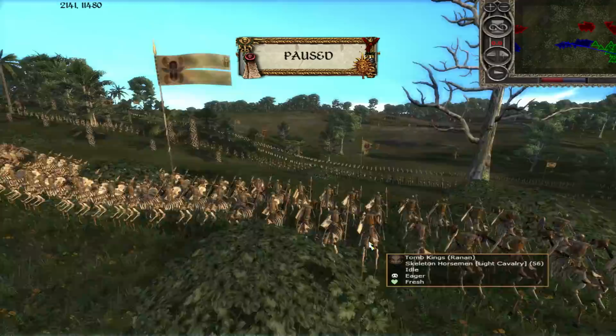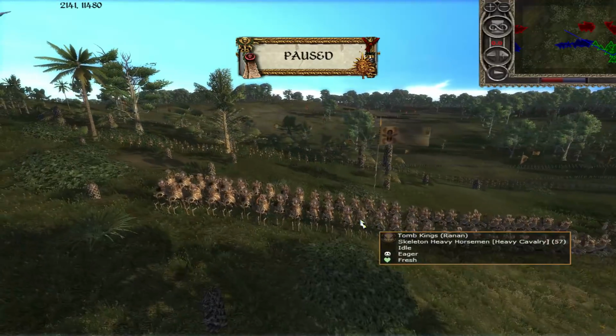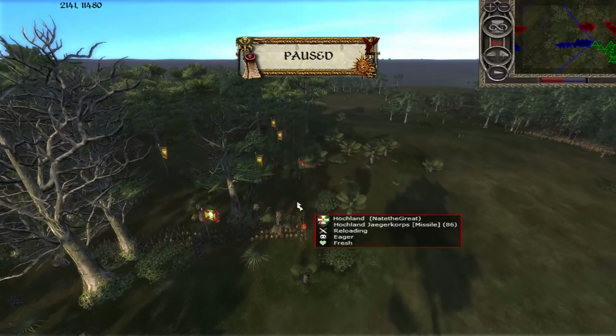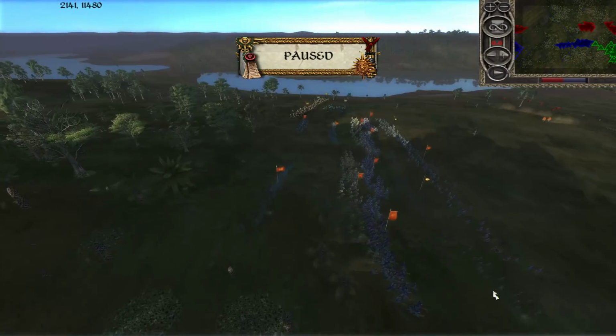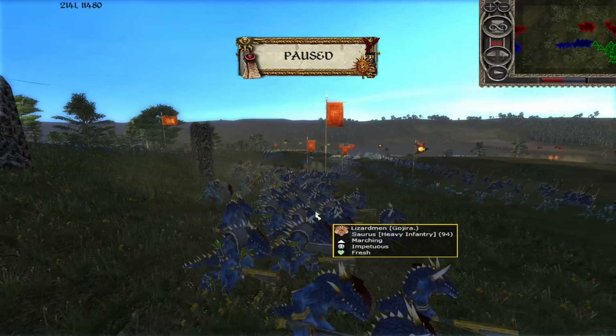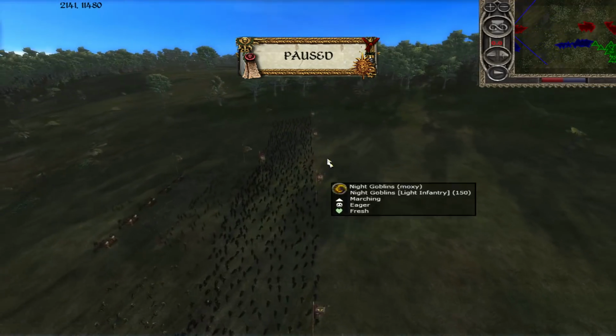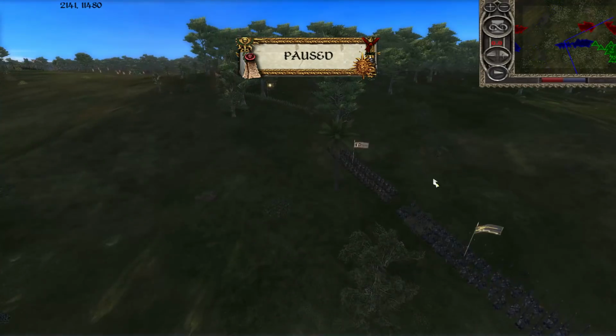I'm your host, Stan, and today I've got a 3v3 battle for you guys. I am going to be playing as the Tomb Kings, and my allies are going to be Nate the Great playing as Hochland, and over here we have Gojira from Gojira Total War playing as the Lizardmen. Our opponents are going to be Moxie playing as the Night Goblins. Way over here we have...